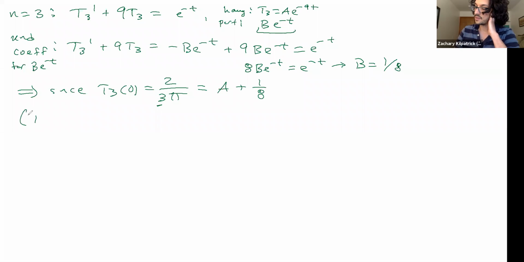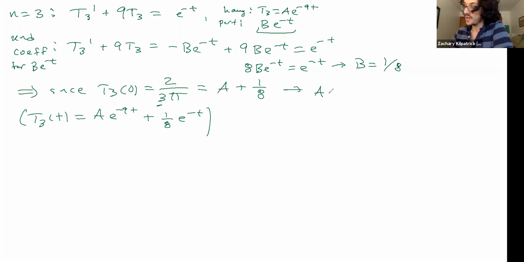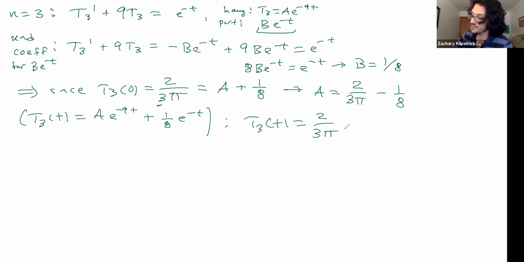Because T3 of t is equal to a e to the minus 9t plus 1/8 e to the minus t, okay? So we can solve this for a, and we get a is equal to 2 over 3 pi minus an